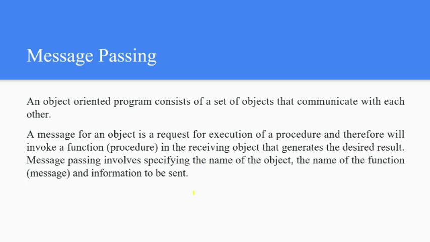Then there is message passing. Message passing is nothing but an object-oriented program consisting of a set of objects that communicate with each other. For example, student 1 and student 2. These are both objects which are going to communicate with each other by passing data. A message for an object is a request for execution of a procedure, and